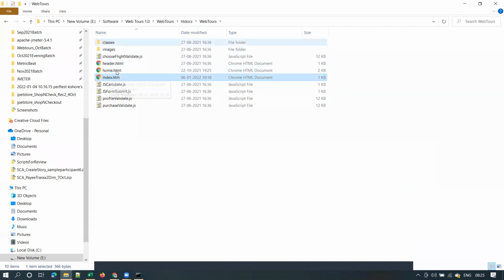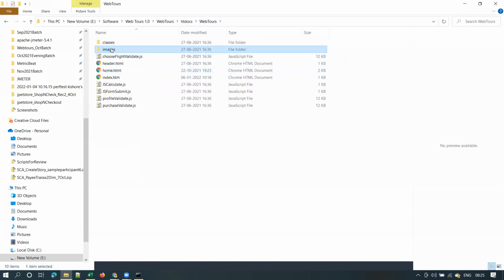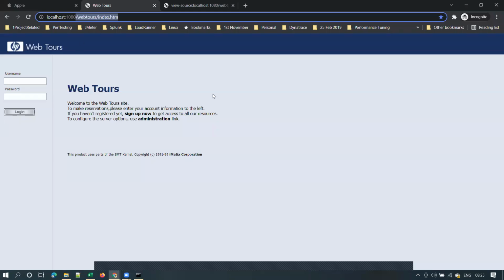All these are resources of the web page: JavaScript files, HTML files, images. There are certain images in this folder. All these are called resources or components of the web page. Yes or no? Different parts make up a page. You can see there are 2 images here and there is a text box, right?